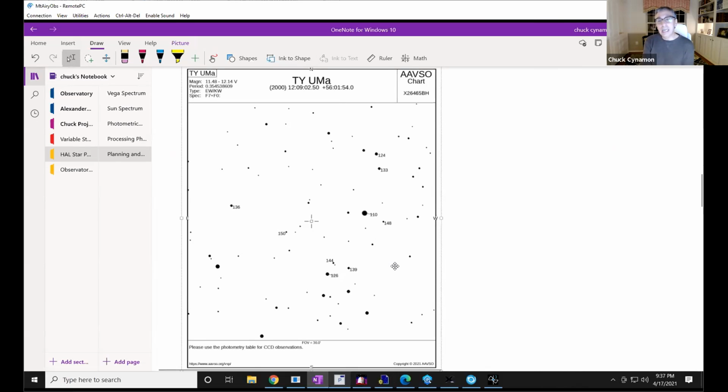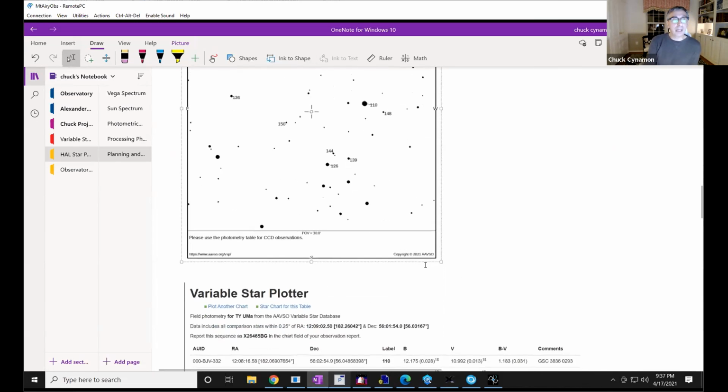That's what differential photometry is all about. I take a picture in a particular filter. These stars have a known magnitude in each of those bands, whether it's B, V, R, or I. Then that comparison is made on a frame by frame basis, and I can get a profile of that eclipse.